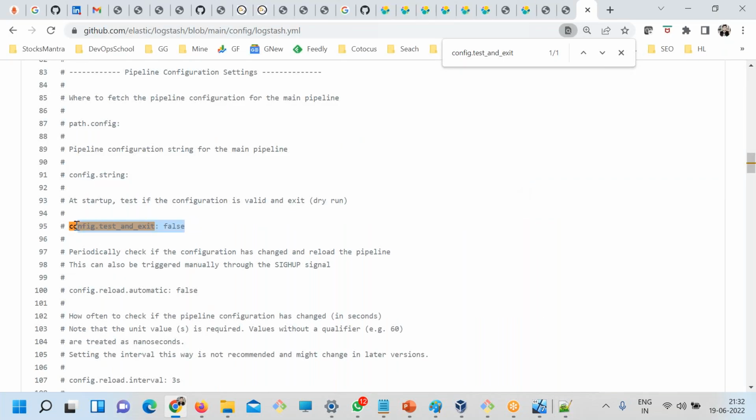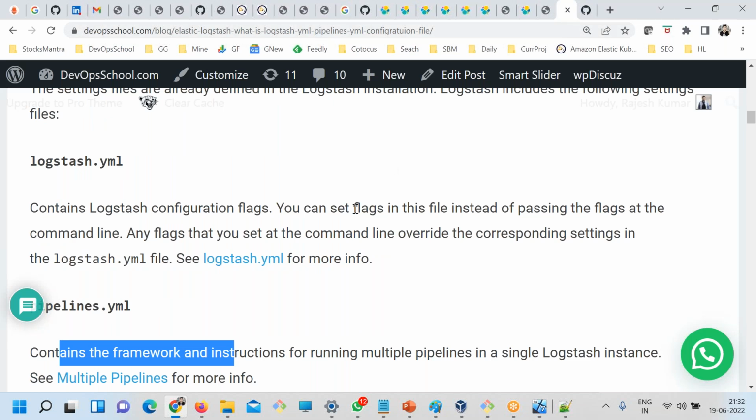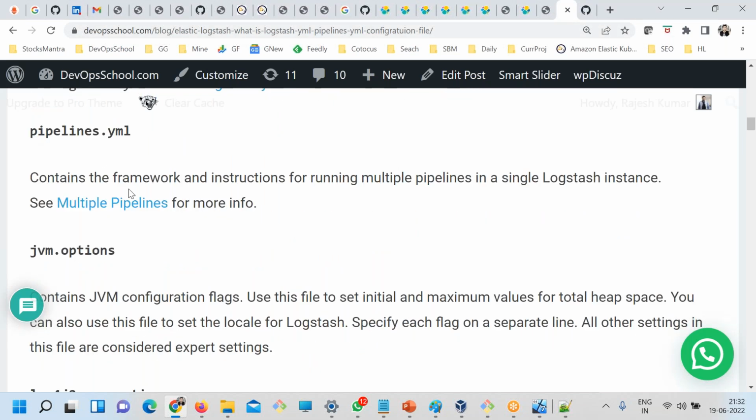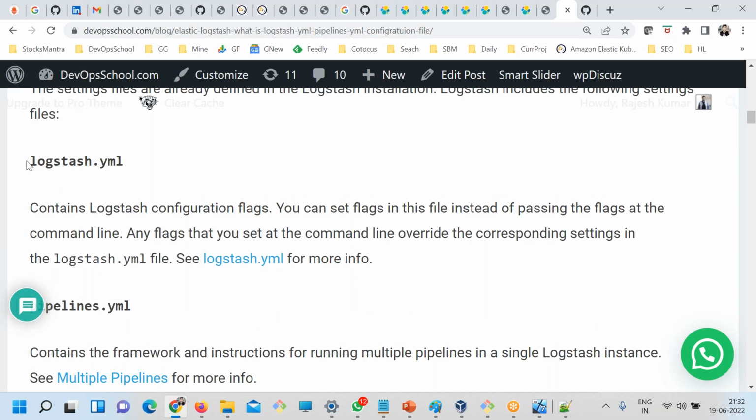If this is false, it will not exit, but if you want it to exit, you can set it. Got it? So if the configuration is valid, it exits. Again, I'm repeating multiple times, any behavior of the Logstash tool you want to change,